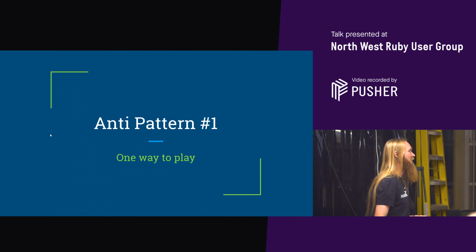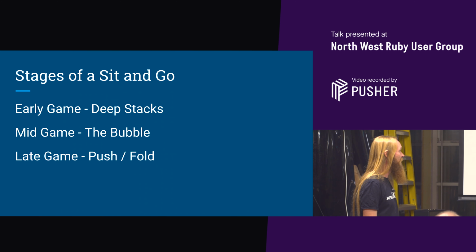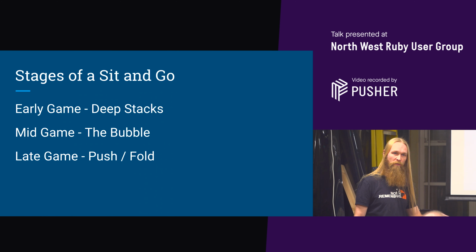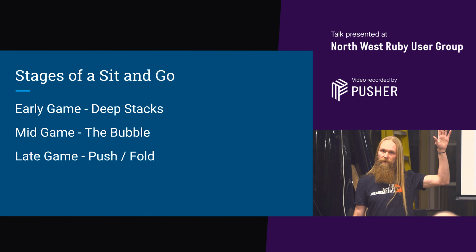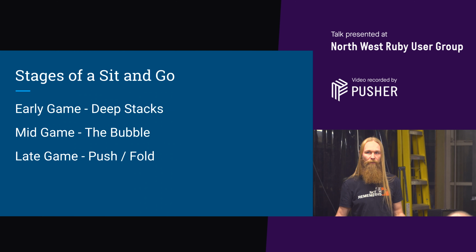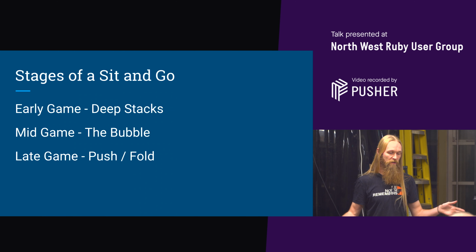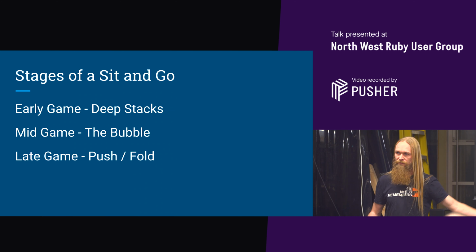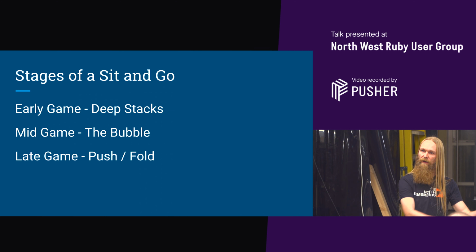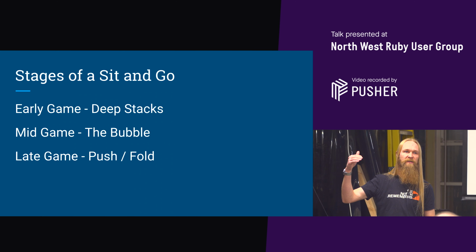Okay, anti-pattern number 1. Following on from the camera thing, one way to play. It's just not true. For the context of this, let's consider sit and goes. Do you know what a sit and go is? Okay, it is a single table tournament. Up to 10 people will play. And the winner is the person that has got all of the chips left at the end. So you put in an amount, £5 or whatever, and that goes into the prize pool. And if there's 10 players, it will probably pay out for the top 3, where the first place gets the lion's share, second slightly less, third probably gets their stake back. Okay? It's a winner-take-most kind of scenario.